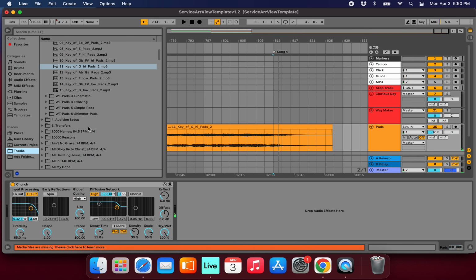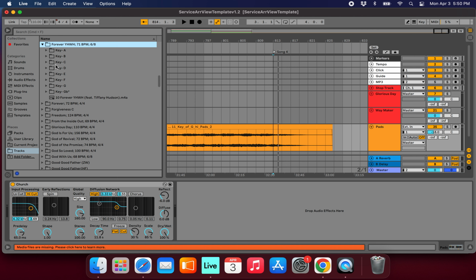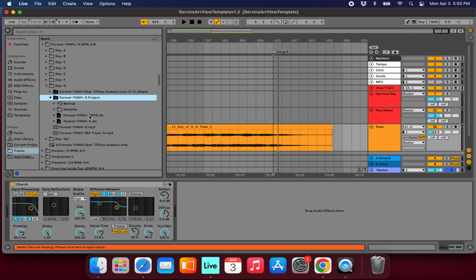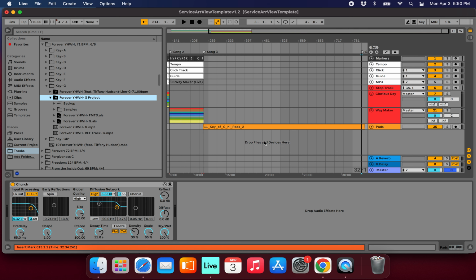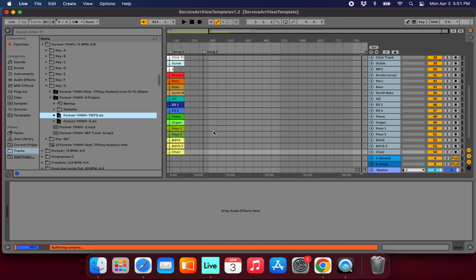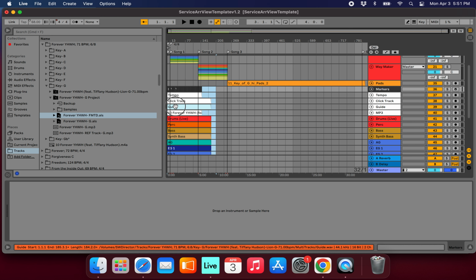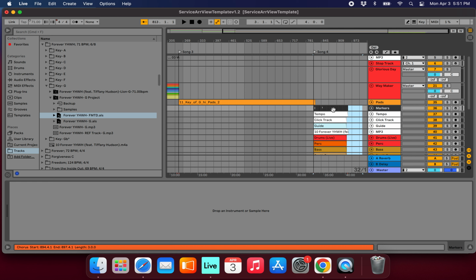So I'll go back to tracks, find Forever Yahweh, expand that. We're doing it key of G. Let's see. Here we go. Forever Yahweh formatted. I'll drop this down. So you want to drop your files in this little area. Here we go. Right there. You want to highlight all of it and drag it all the way over to where we put this little flag